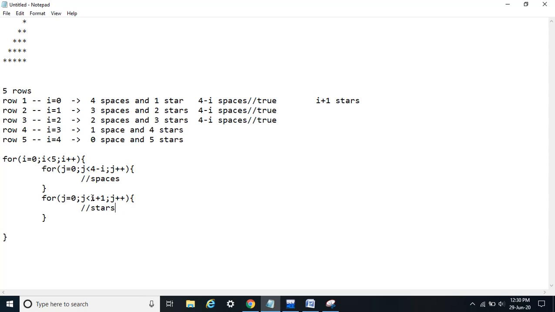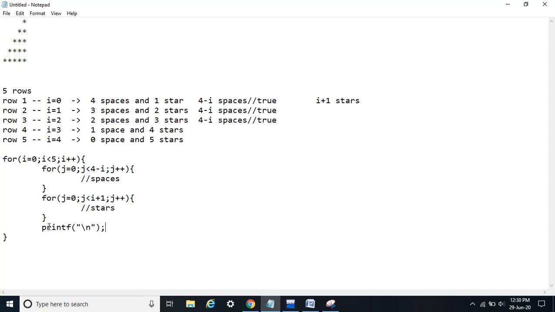When I becomes 1, this I plus 1 will be 2. So this will run 2 times and will give me 2 stars. So I think our logic seems correct. We have made this logic for the spaces part and for the stars part also. And after printing every row, I will simply print a new line.